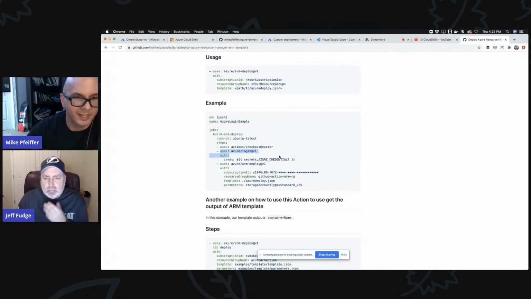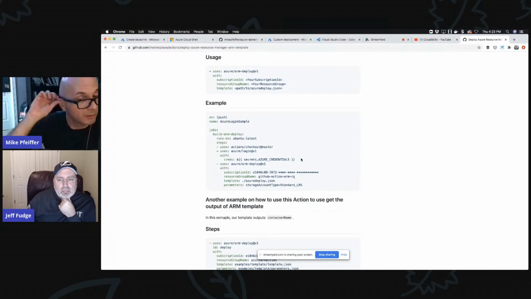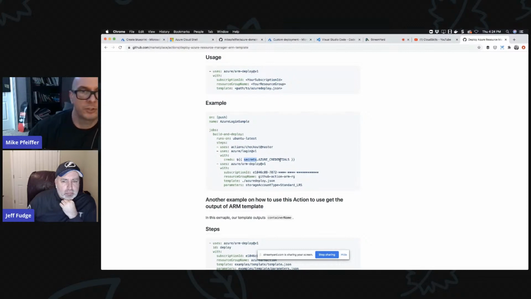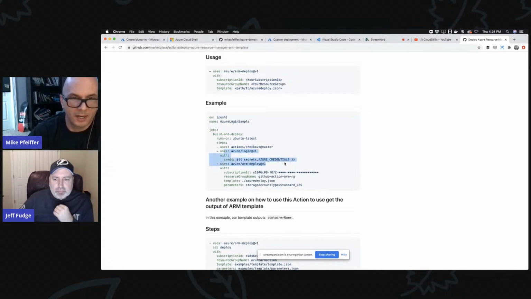And what you would need for this is you would need to build or create a service principal. And then that service principal would need to have permissions to where you want to deploy to. So if it was a subscription or a resource group, you would plug the credentials into your repository. There's a secrets section of each repository. So you just go into that. I'll show you where that is, and you would just plug in your credentials. So that's the first action to get you logged in.